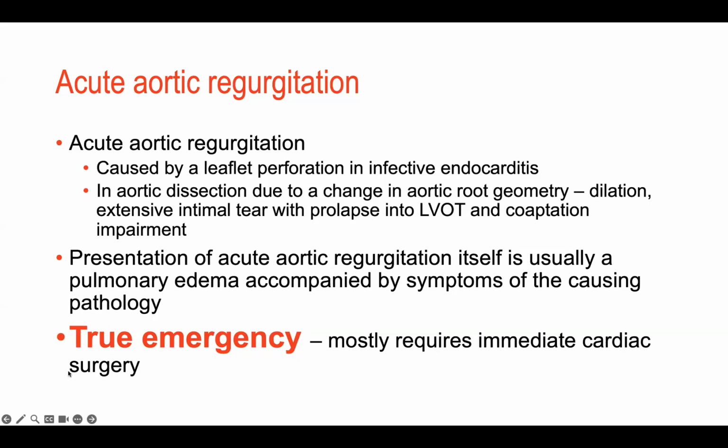Now, really important to understand at a place like Grady, where we don't have a perfusionist on staff, we've got to call somebody in. It's going to take a little bit of time. You need to get that CT surgeon there. When the CT surgeon is there, maybe when the trauma surgeon is there, it just depends, or a vascular surgeon is there, just depends. If you have acute aortic regurgitation in the window of time that we're going to try to get that patient to the OR,